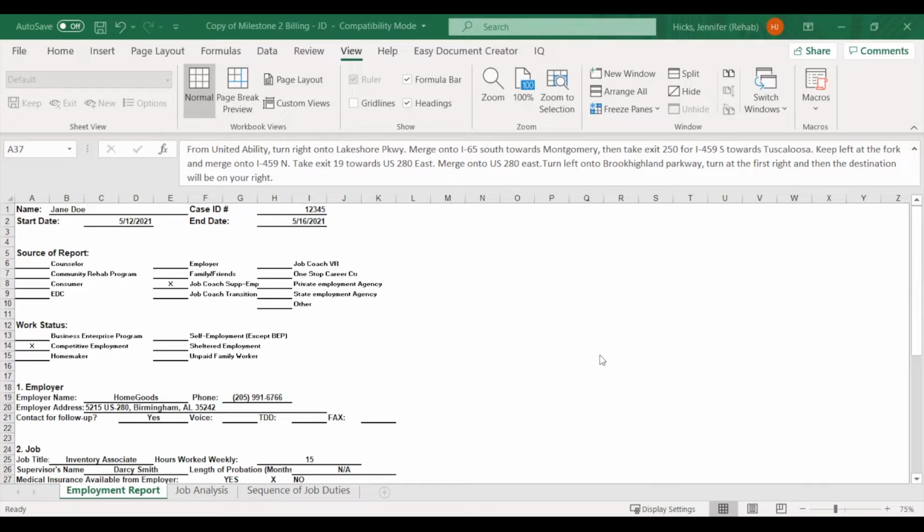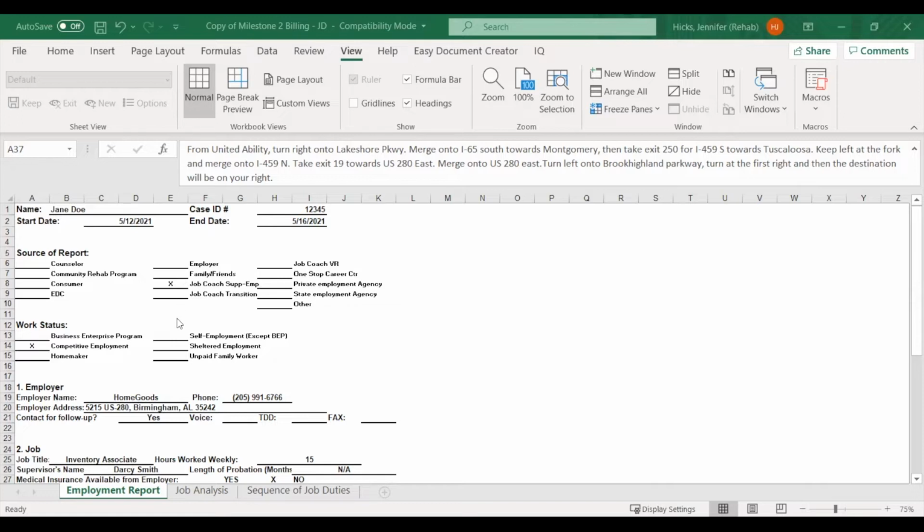The next part talks about the source of the report, and it's job coaching and supported employment. That one is normally already marked for you, so you shouldn't have to change it unless you have reasons to do so.